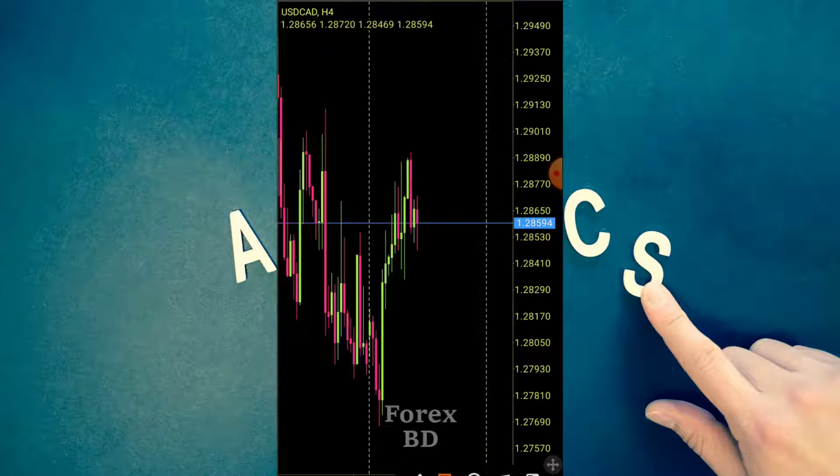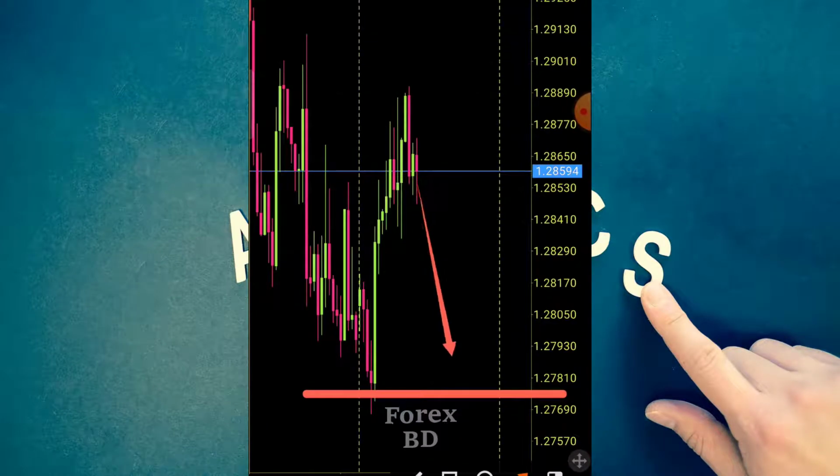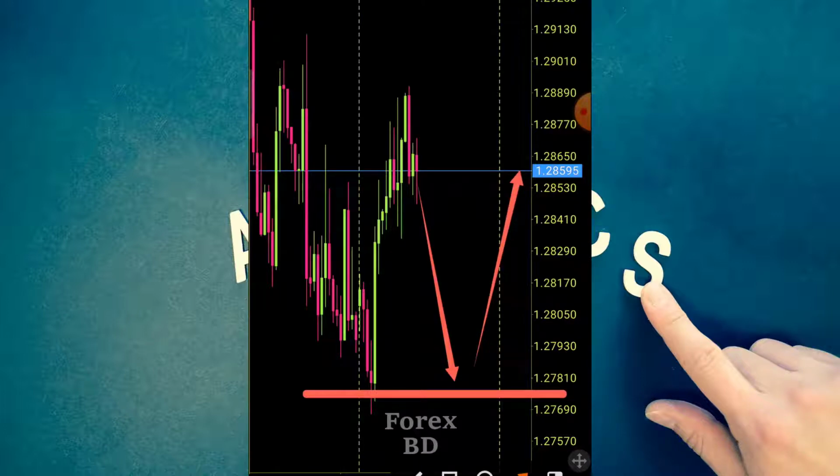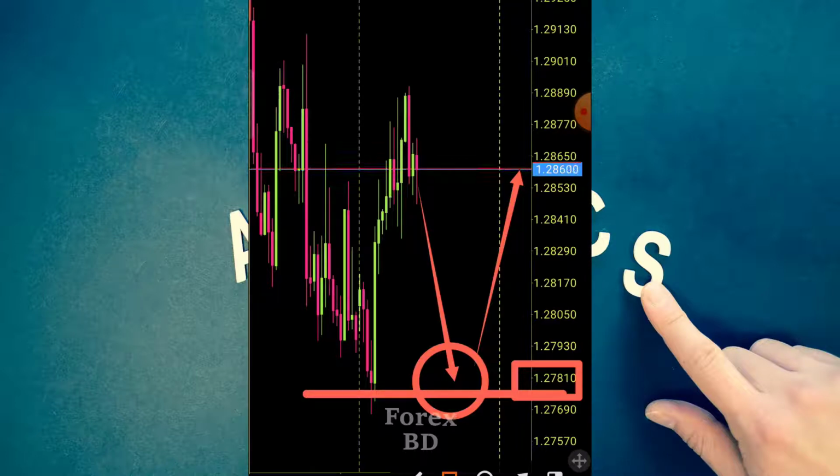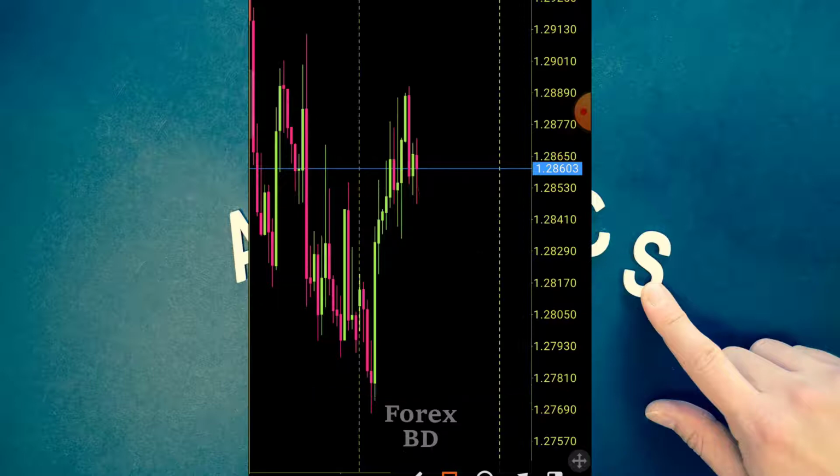After setting up the support line, we wait for the market to touch it and hope to go to an uptrend after touching. In that case, if it touches, we will take a buy entry, so we have to wait. But if you follow the buy limit, then you don't have to wait any longer. You will write the price of the place where you will draw the support line in the buy limit option. By doing this, when the market touches your specified support line, the entry will be running, and you will profit when the market is in an uptrend.